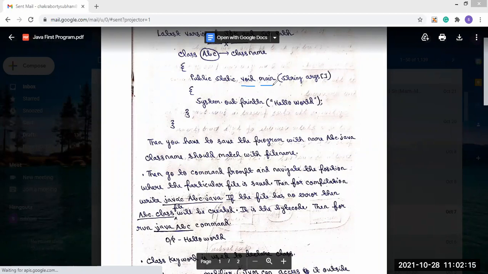Okay, sir. Now, main is what? Main is the starting point of the program. Now, what is the meaning of this String args? In Java, this is the way that arguments should be passed.